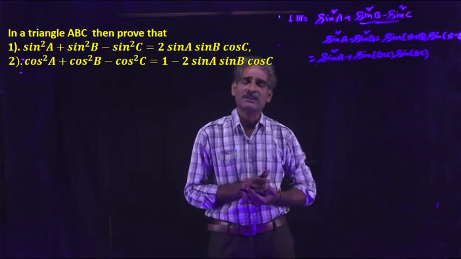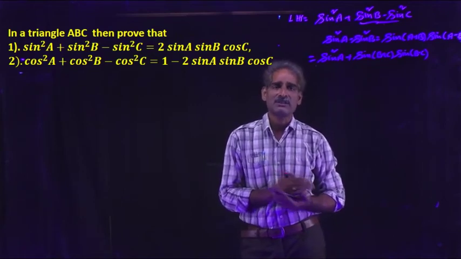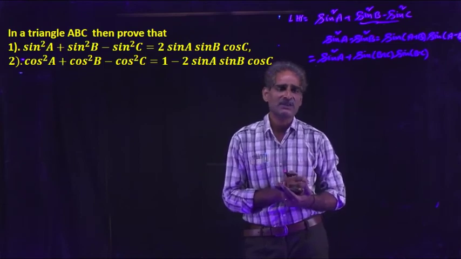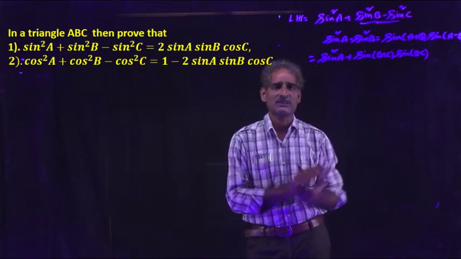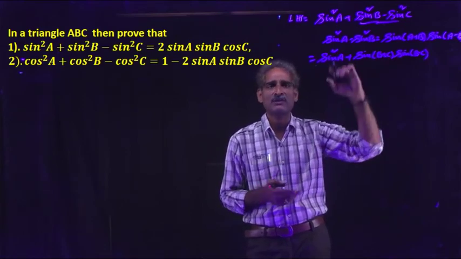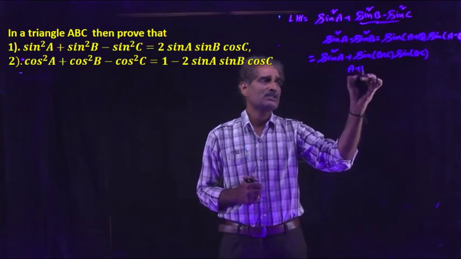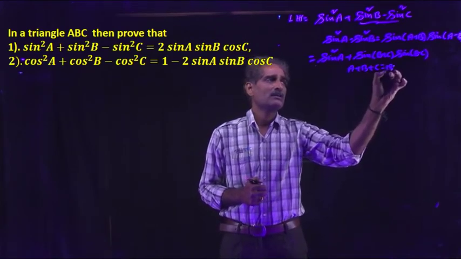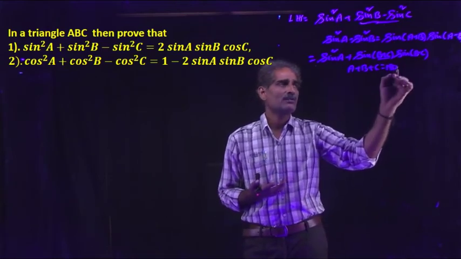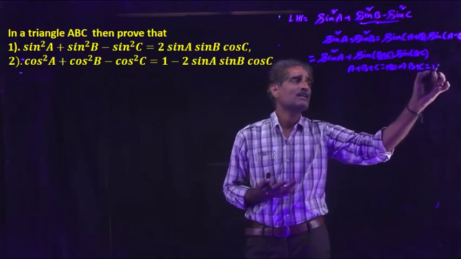On the right side of the options, the angles are in ABC. Just verify the right side part. The functions are sin A, sin B, cos. The angles are ABC, so here compound angles are there. We have to change the compound angle into single form with the help of A plus B plus C equals 180. So we want to change B plus C; we can't change B minus C. So from this, B plus C is equal to 180 minus A.